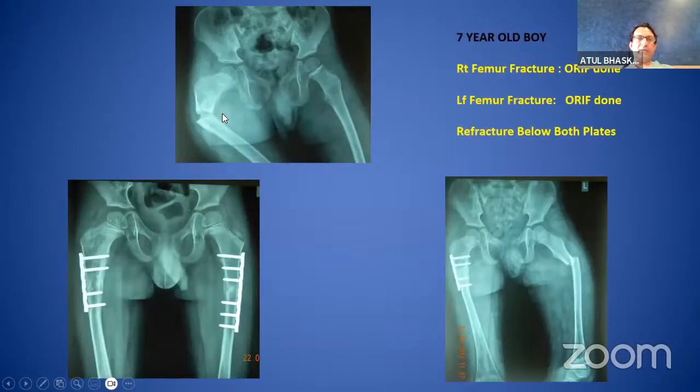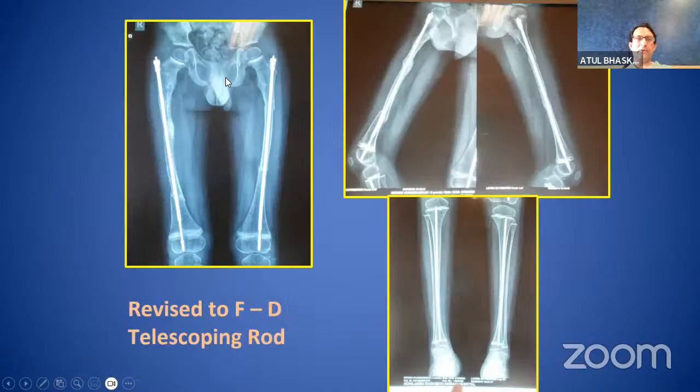Plating is never to be done. This child had plating done. He had a fracture below the plate, and then we had to revise this to an FD nail. And isolated plating should never be done. If the child is presenting first time, obviously assess for metabolic bone disease. This child had a simple fracture, then a trivial fall, then came with a second fracture, and both sides he was done plating. I also nowadays do prophylactic tibia rodding as well. So before they get the fracture, I rod the tibia. One may question the approach, but I think it helps to prevent refractures, and helps for early mobilization.